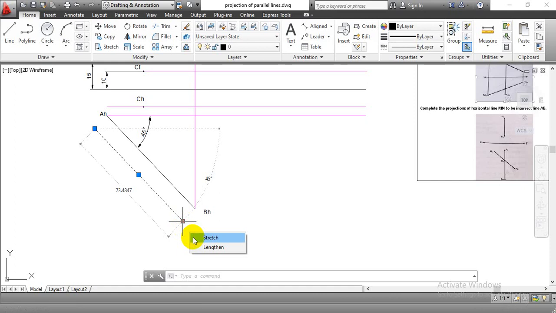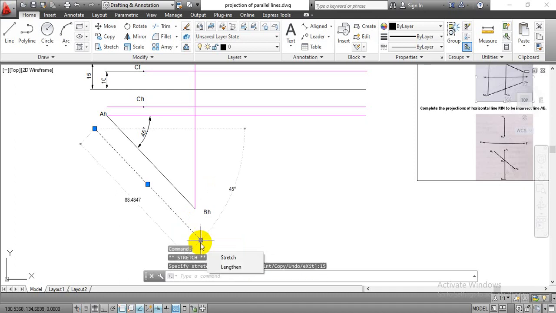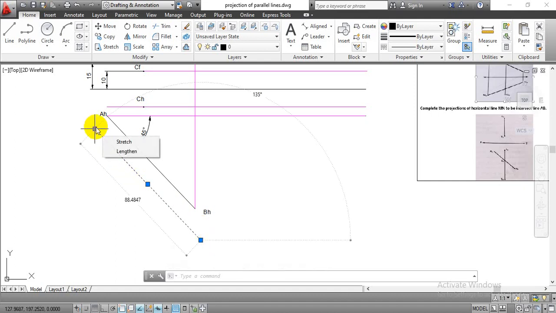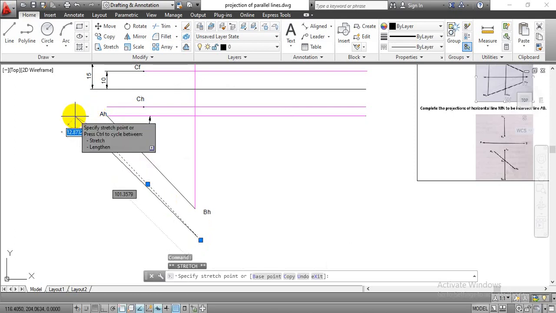So just go with the stretch option and you can increase the distance by 15 mm. Okay, again press enter button to come out of this. Again just go with this endpoint. Again hold your cursor at that point, go with the stretch option. Again you can enter value 15 mm over there, so that we can have that line,